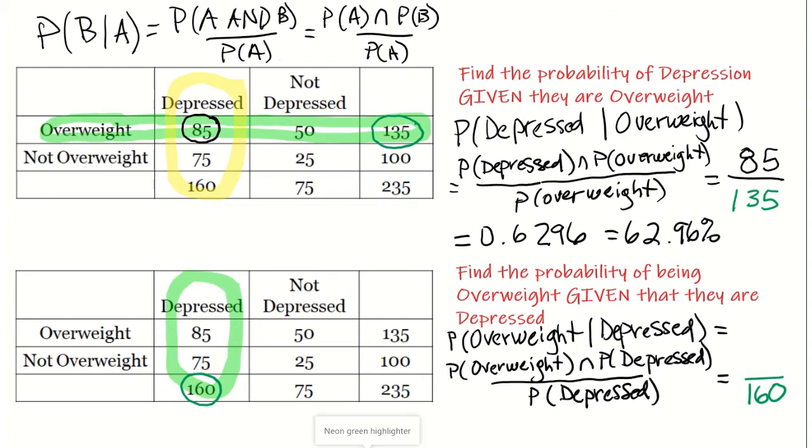Now I'm going to look for the overweight participants, and I'm going to be looking for that intersection. The intersection where the two colors cross, once again, it's going to be 85. So that's going to be my numerator. And then when I do my calculation, 85 divided by 160 is going to be